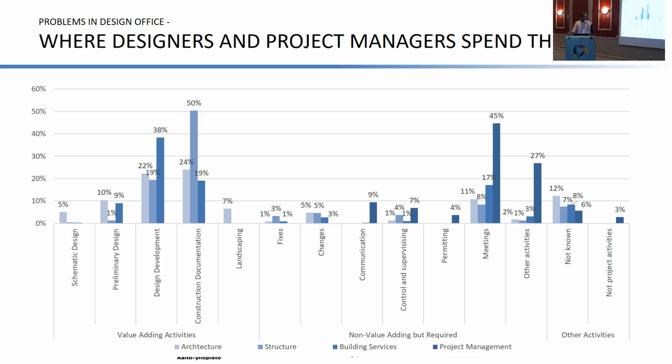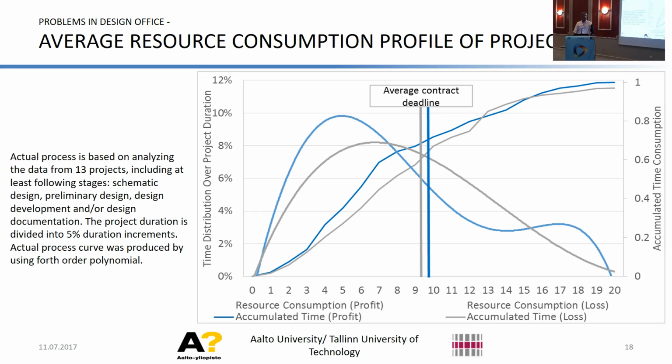This is a time distribution of different disciplines by color and by different activities. So obviously designers work mostly in design, but the project manager, which is the dark blue, is taking care of the administrative stuff. And the project manager is spending half his time in the middle. So this is the mechanism basically for the control of the design process, which is, I think, very important.